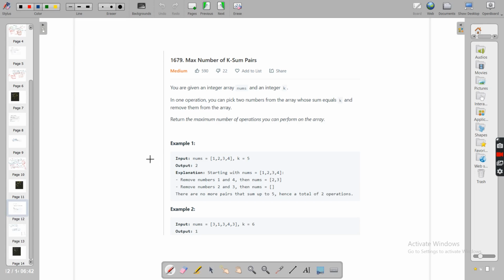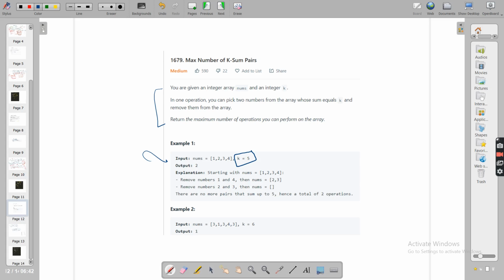You are given what? Look, you can read this problem, but I'll simplify for you guys. You are given this array nums. It may be sorted, it may not be. So consider this as a random array. You were given k equals to 5. You have to do what? You have to return